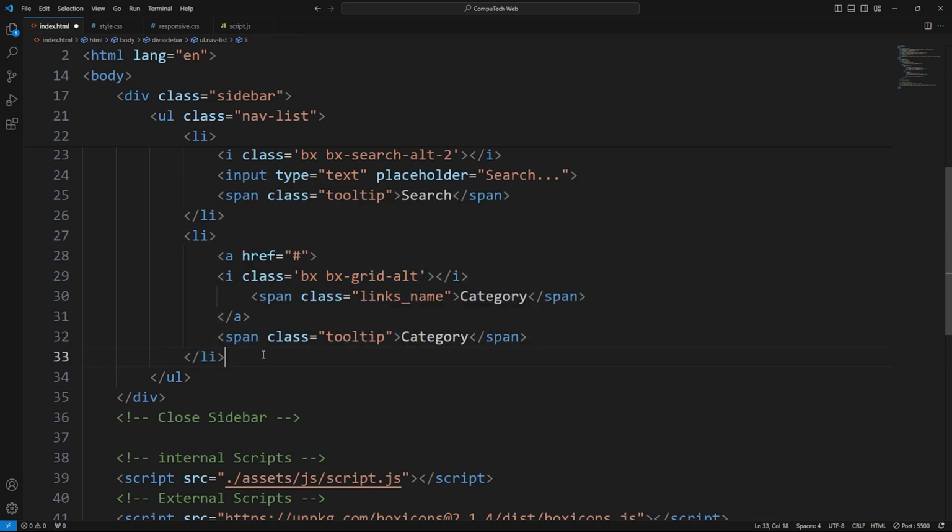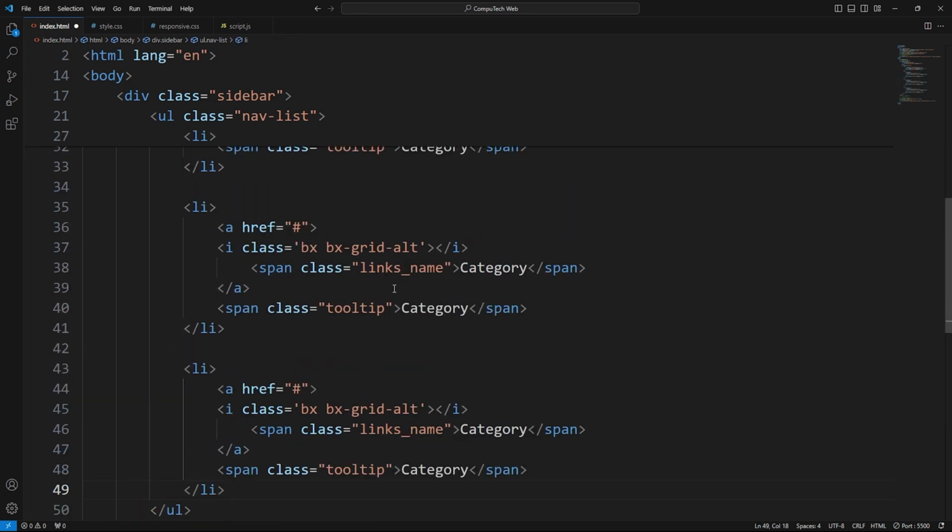Okay, similarly copy and paste two more times